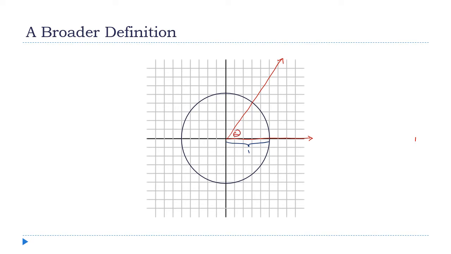Now the way we're going to define the sine and cosine using this circle is based on the coordinates of this point, right? The x coordinate of this point is going to be the cosine of the angle, and the y coordinate is going to be the sine